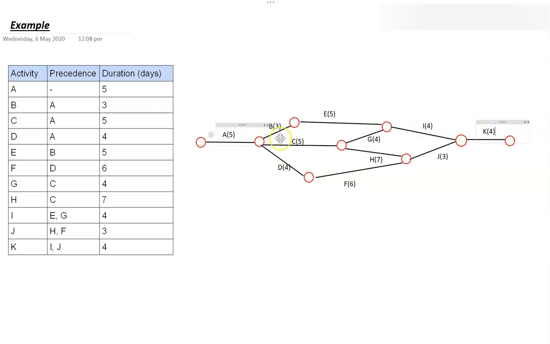Alright, so now we have all the durations of the day, and so our next step is to literally find the longest path. So from A to get to K, what is our longest path to get there? You could try the top one by adding them all together, try the middle one to the end, middle one and down to the end, this one all the way down to the end, and find the longest path. So I'm going to switch back to the PowerPoint because it highlights it really well there,